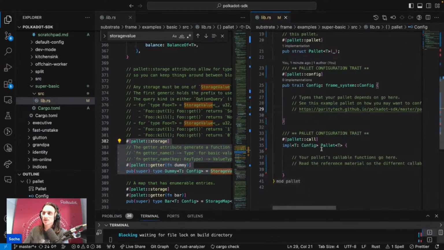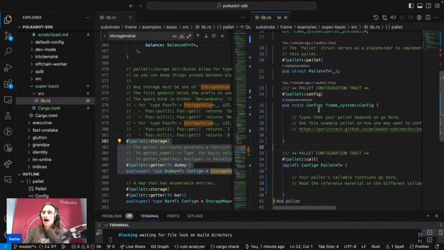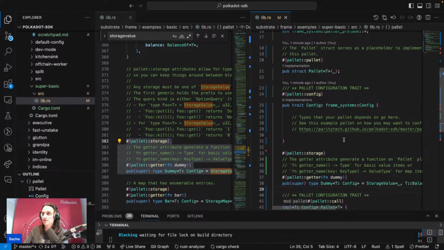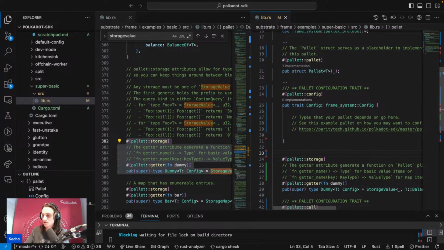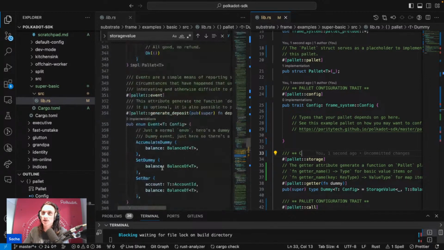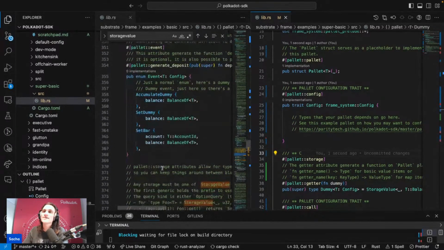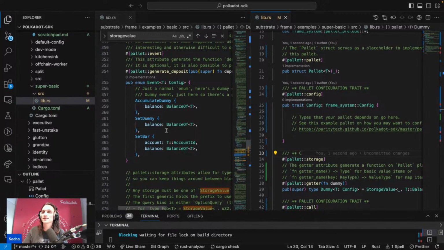We're going to need to update this config trait, but I personally like to always include my storage items right after the configuration trait, or at least in that order, whereby it's never too far down the palette. This example palette actually has the storage items after events, and I personally don't think that it's very intuitive, because I'd like to see, as a starting point, if I'm reading a new palette,